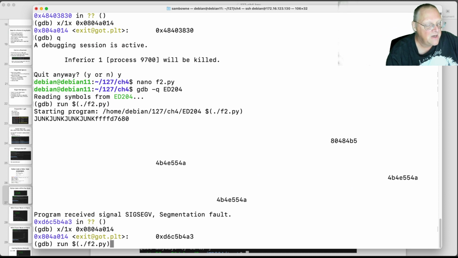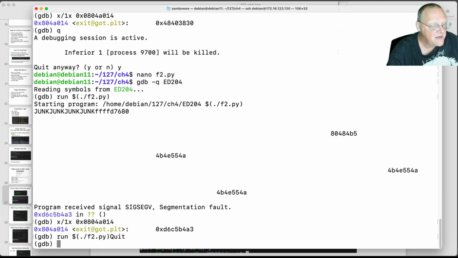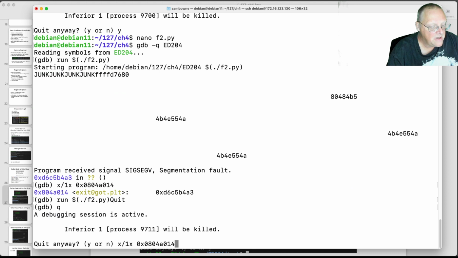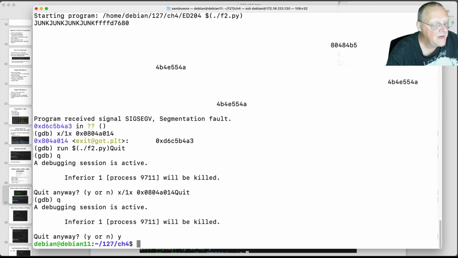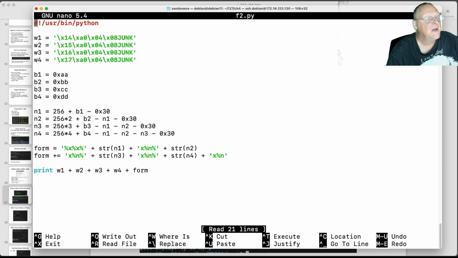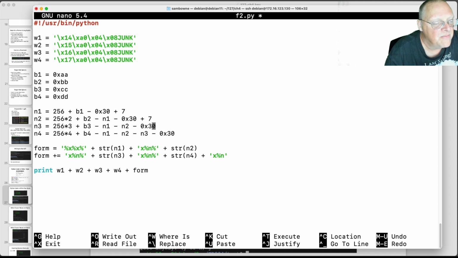So let's get out of here and edit my code. I just need to add 7 to each of these. A lot of ways to do it. I'll just do it the simple way, plus 7. I think adding 7 to the first one is probably all I have to do. No, because it's going to change. All right, I think I have to add 7 to each of them. We're going to try it.